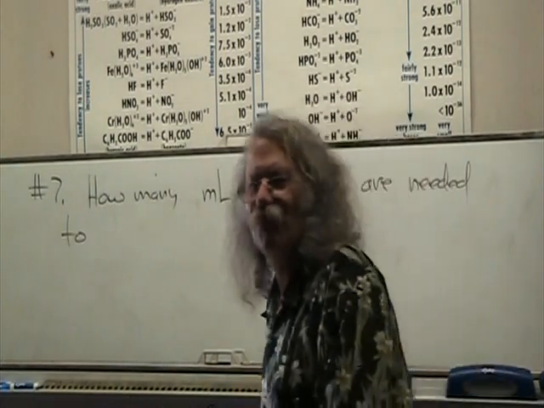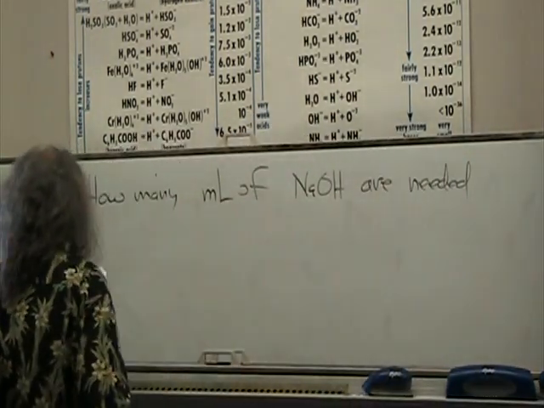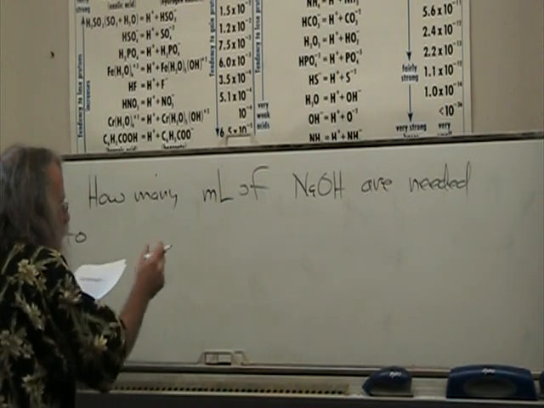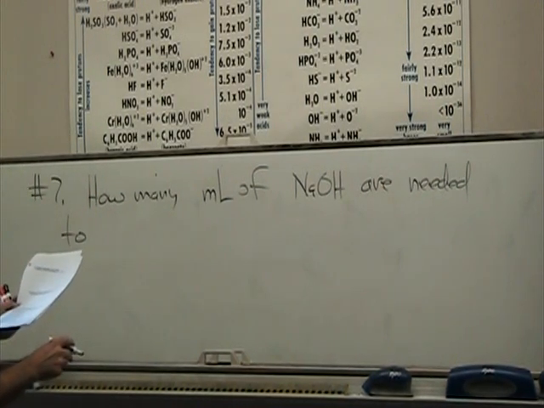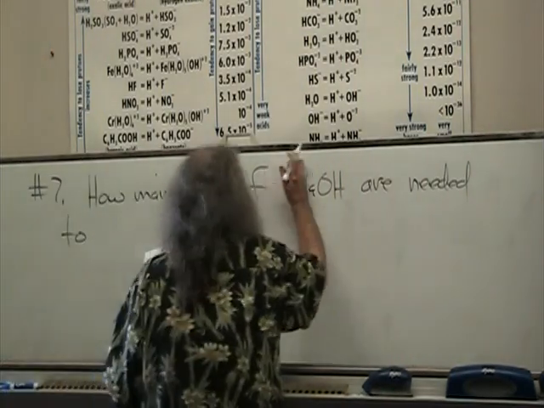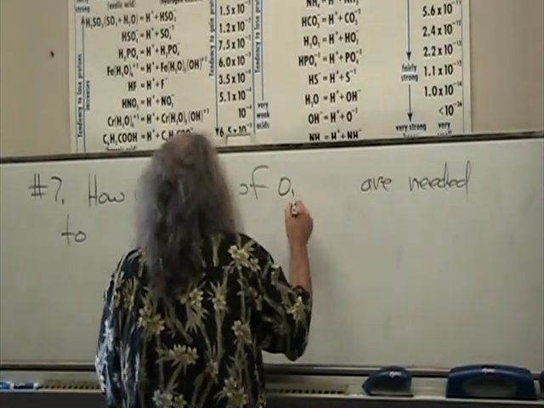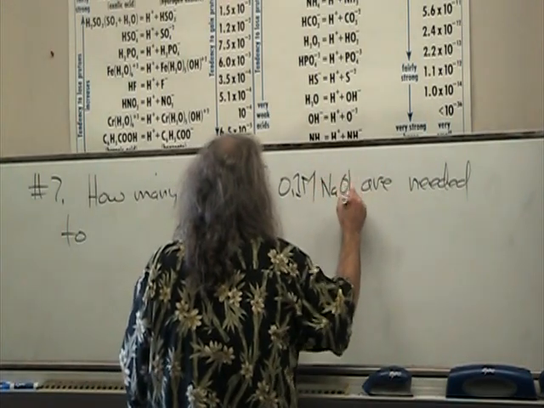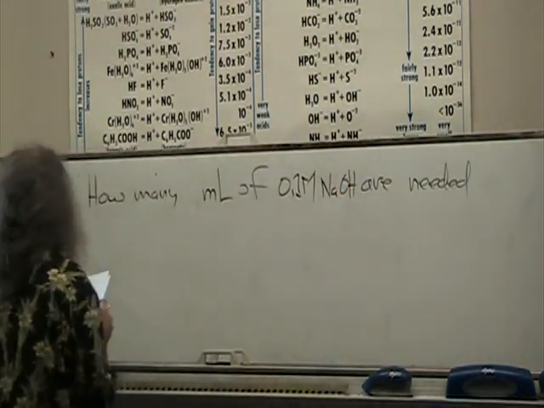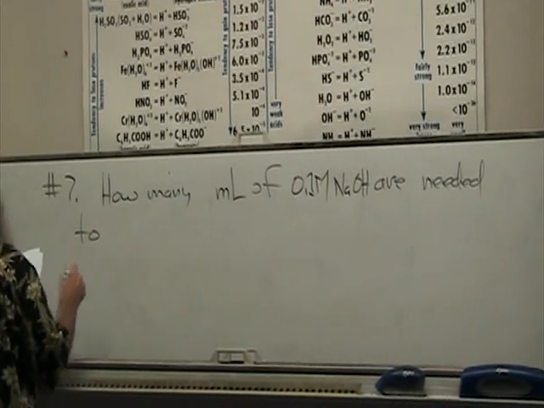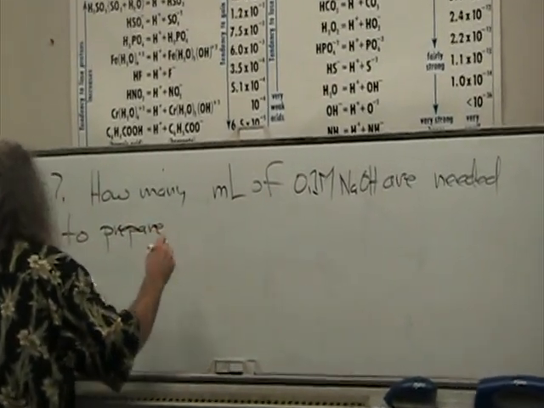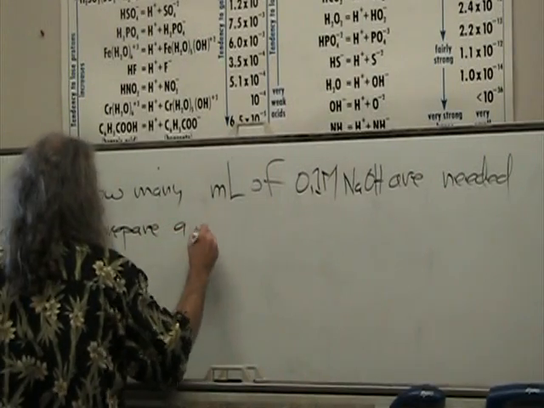And it's the molarity of sodium hydroxide. How many mils? Yeah, how many mils of sodium hydroxide, 0.1 molar, are needed to prepare a